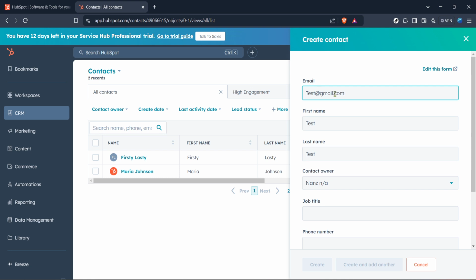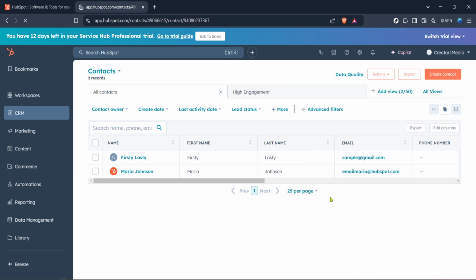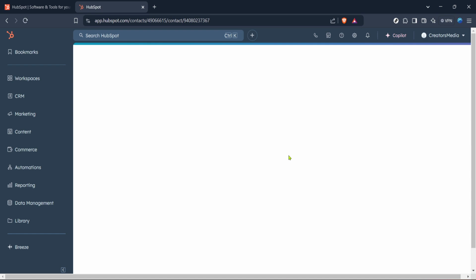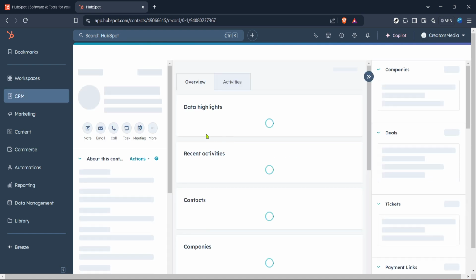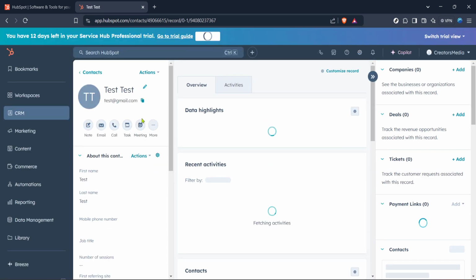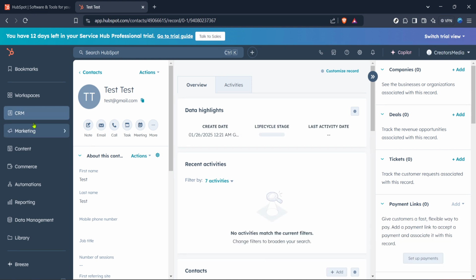Once you have entered all the necessary contact details, look for a Create button. Clicking this will finalize the addition of your new contact to the HubSpot CRM. It's as simple as that. Your newly created contact will now be available in your contact list, making it easier to manage and categorize your